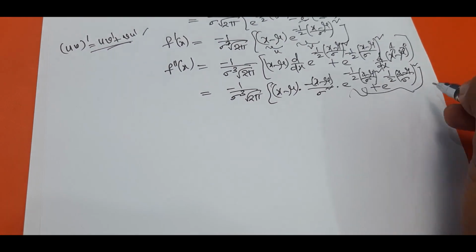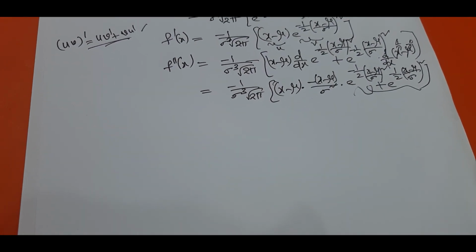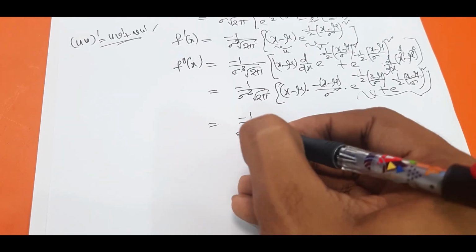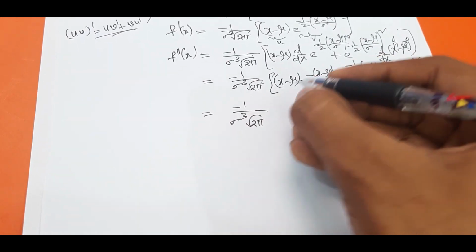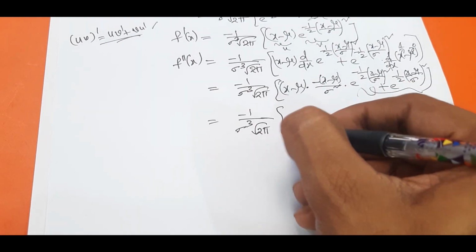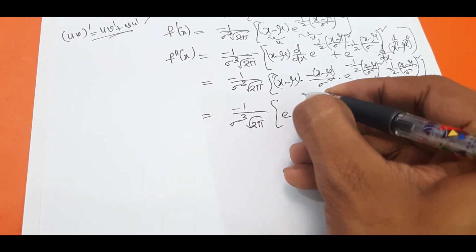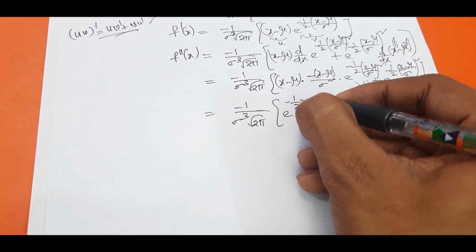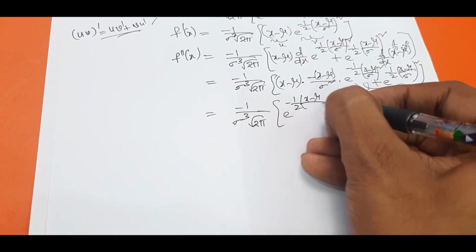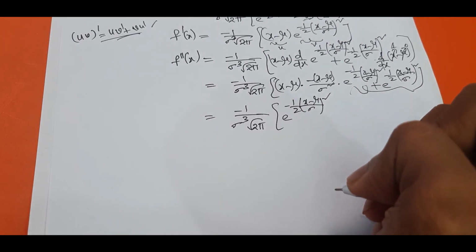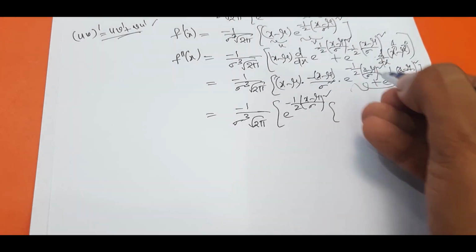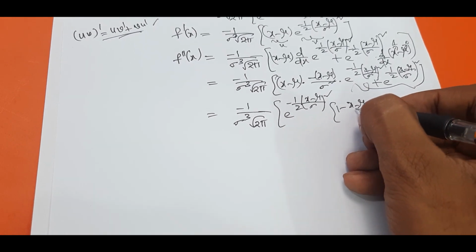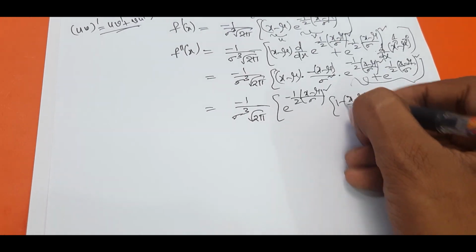Now take this common. What will happen? This will become minus 1 divided by sigma cube into root 2 pi, and here e power minus 1 divided by 2 x minus mu divided by sigma whole square. Now what will happen? This will become 1 minus x minus mu divided by sigma whole square,